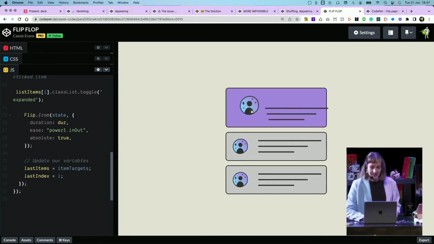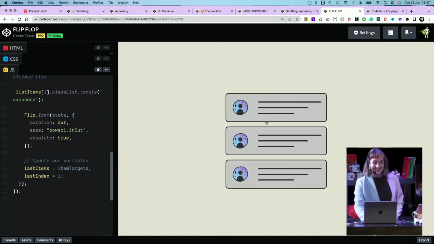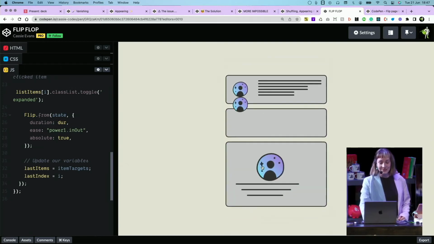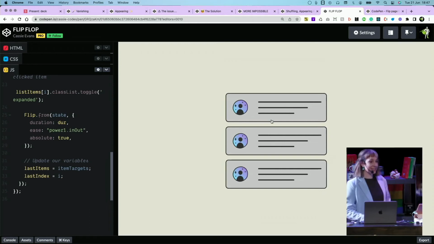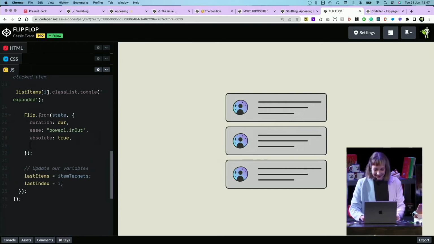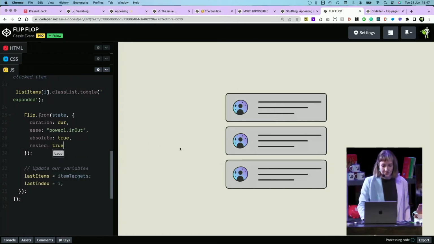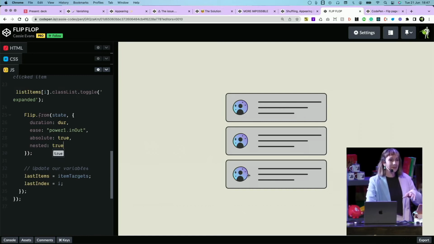Also here we've got these inside elements that are being flipped, just wildly flailing all over the place. That's because we're not actually just flipping here, we are flip-flopping. So we're animating both the parent and the children. So you can say nested true. And this is the tricky thing to do with vanilla JS.